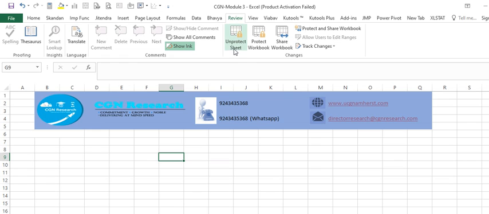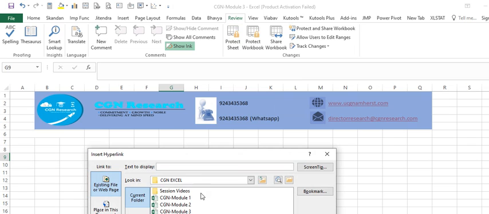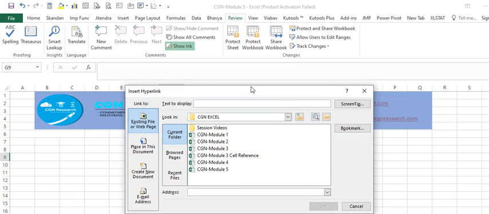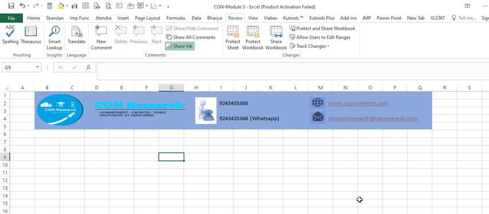So in order to unprotect the sheet, I will go and say unprotect, and now you see I'm able to put a hyperlink. It will now ask me where exactly I want to go, and then I select. And when I click on that hyperlinked cell, it will directly go to that particular position. So this is how hyperlinks can be given. And this is one area.